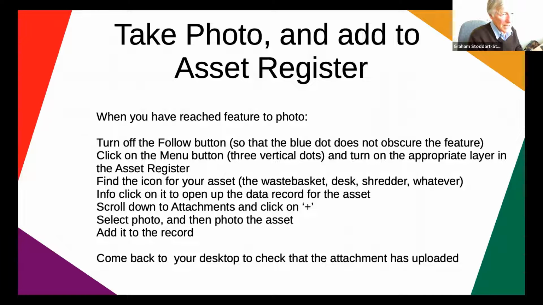It brings up the layers. You click on the appropriate one, which we decided today was going to be building contents. And then you can tap on the icon itself that's popped up, and you should be able to scroll down the record to the attachments bit. Then you click on plus, take a photo, and the photo will go into the record for your